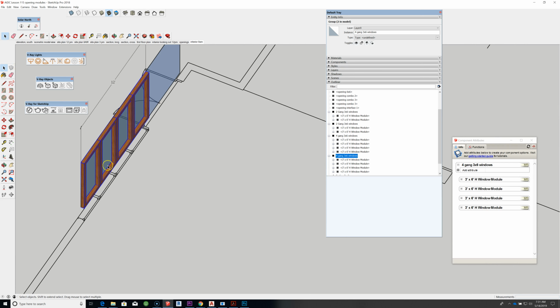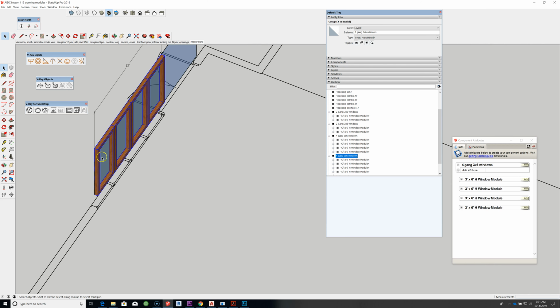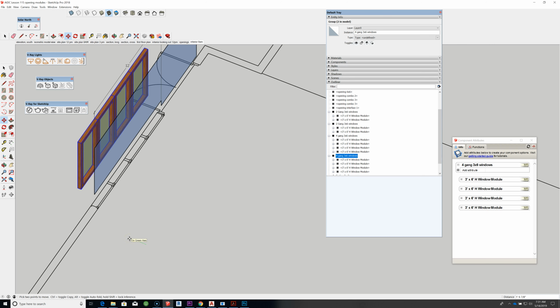Because the glazing for the window is not centered within the window frame. But the window frame is symmetrical. So if I move it on the green axis 4 inches,